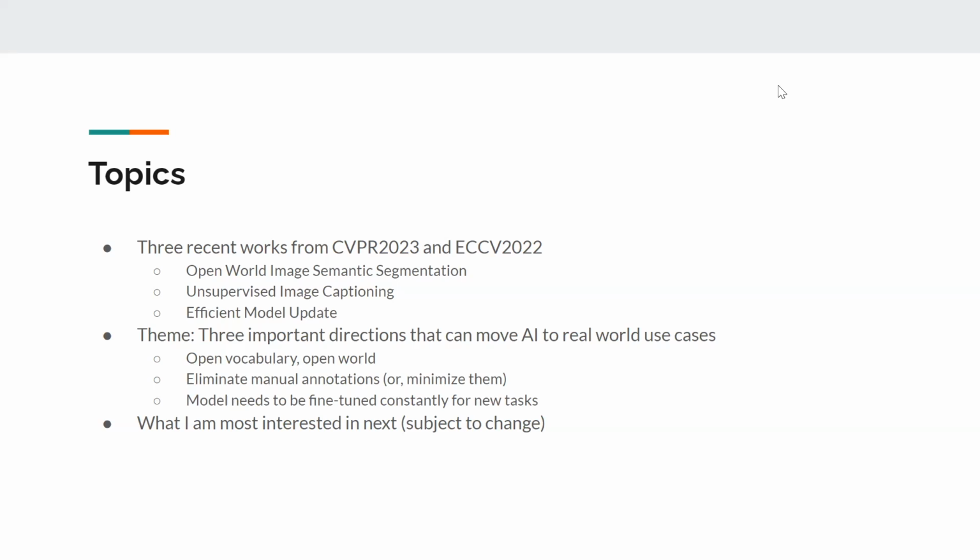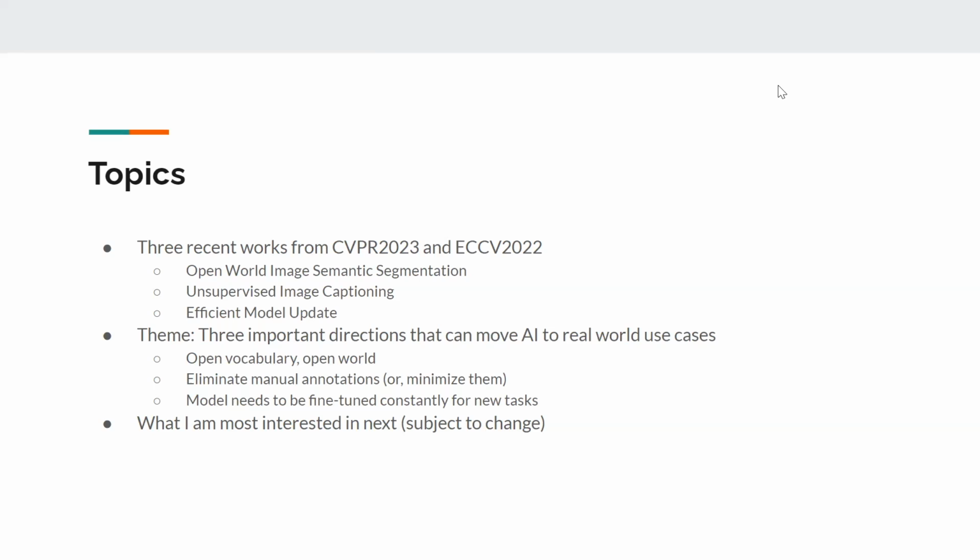Quickly, what is semantic segmentation? You have an image, you're going to say this pixel belongs to a chair, this pixel belongs to the dog, and things like that. However, a lot of times these are all in a closed world label setting, right? You say, I only have 12 categories or whatever, right? So we're trying to march towards open world image semantic segmentation, right?